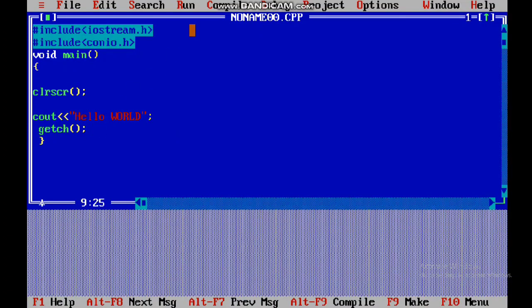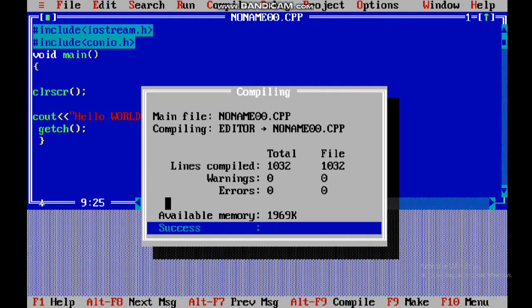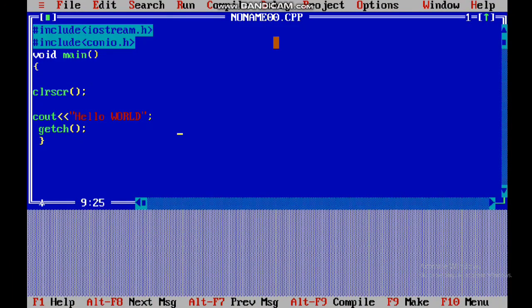So first I'm going to compile it. This is the compiler tab, and then compile. You can also do it from a shortcut key, just F9. As you can see, no error is there, so it says success. Press any key.